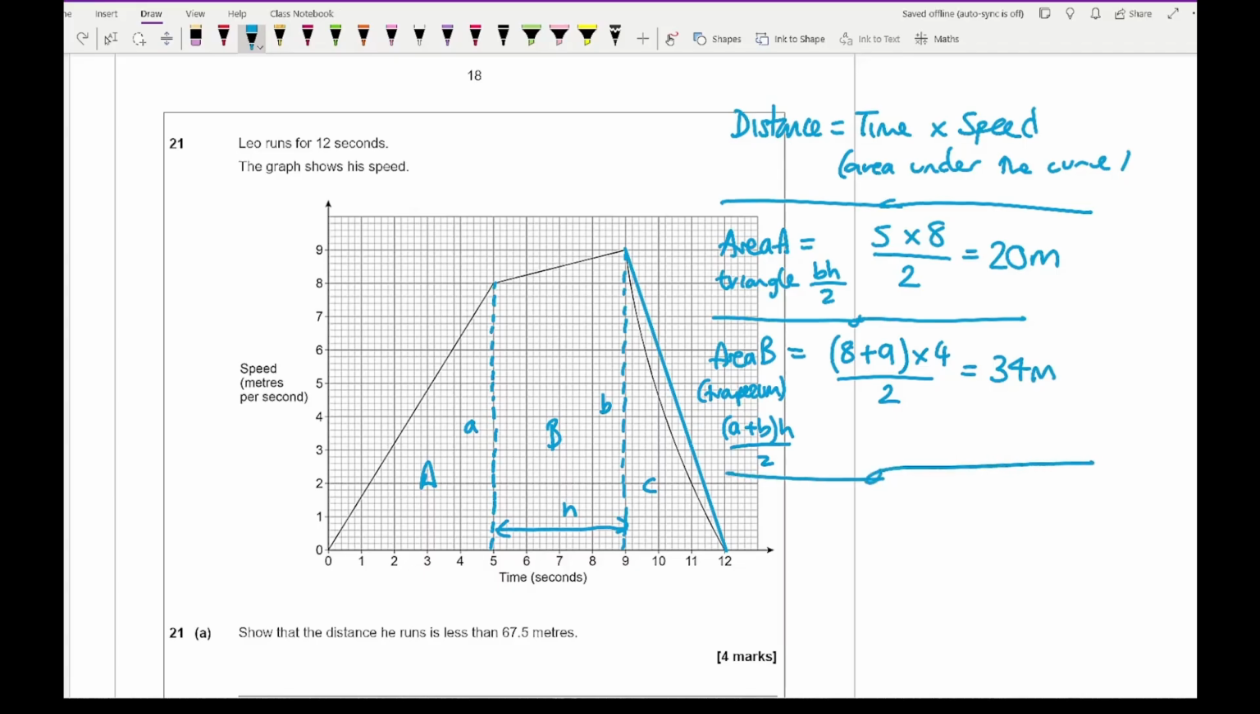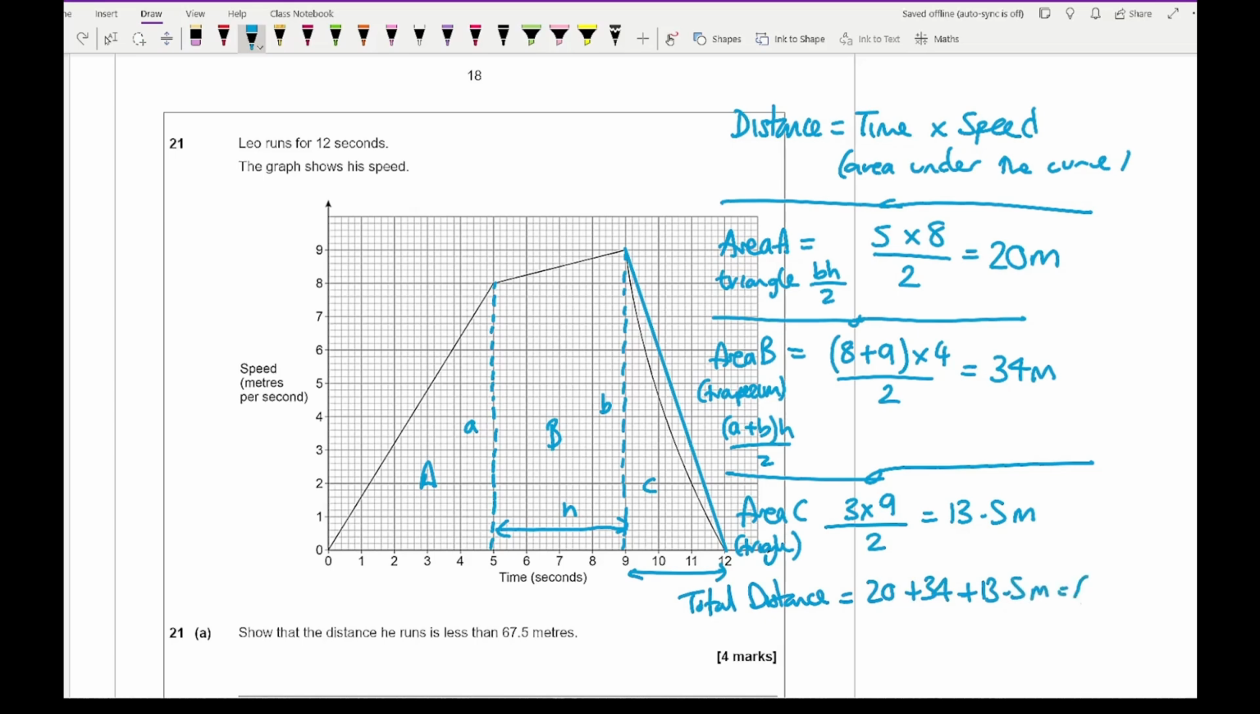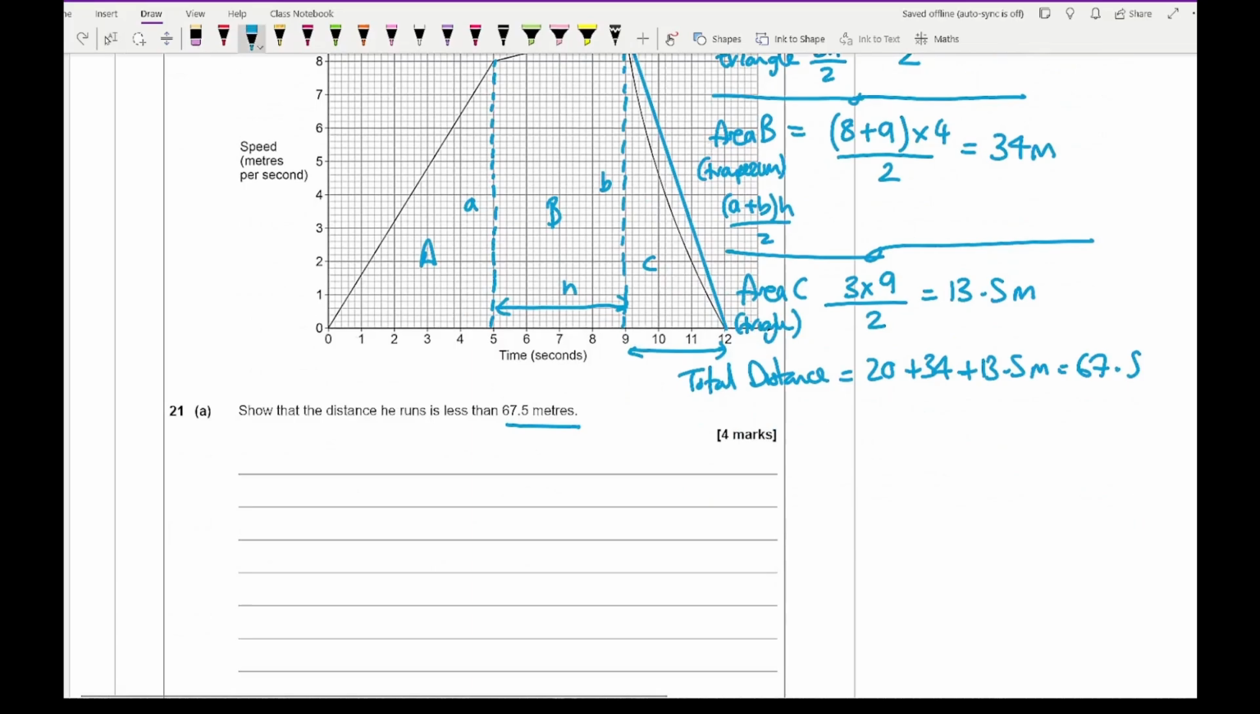Then for area C, it's a triangle. So here I've got my base, which is 3. So it's 3 times 9, which is the height, divided by 2. Let me just write triangle there. And that gives me an answer of 13.5 meters. Now the total distance is going to be 20 plus 34 plus 13.5, which is 67.5, which is what they wanted me to show. But as C is an overestimate,